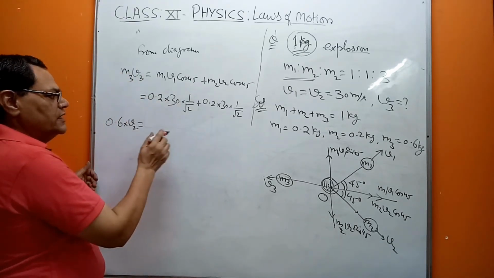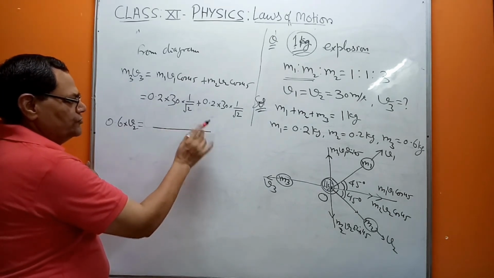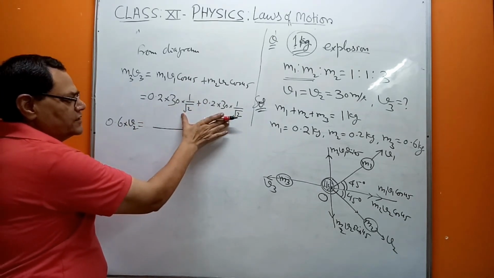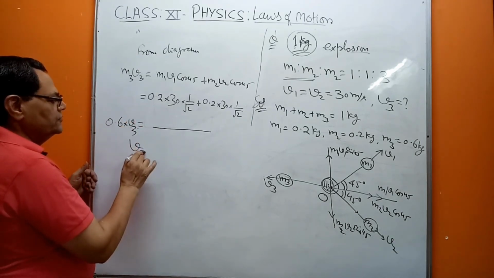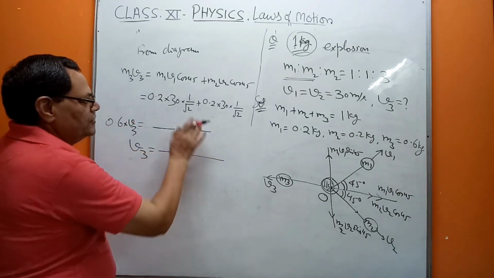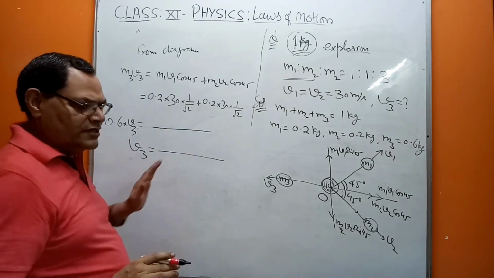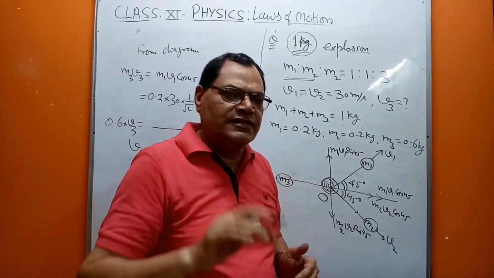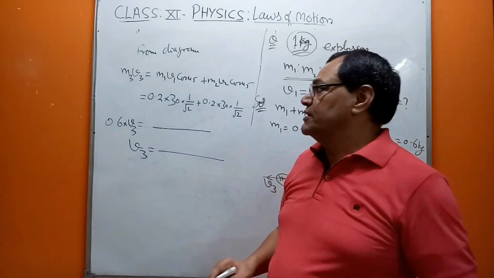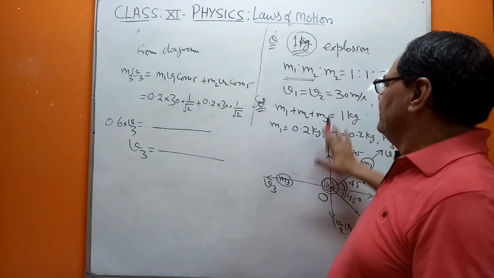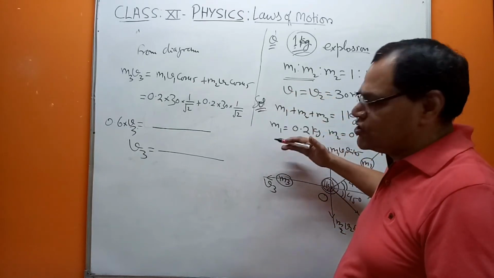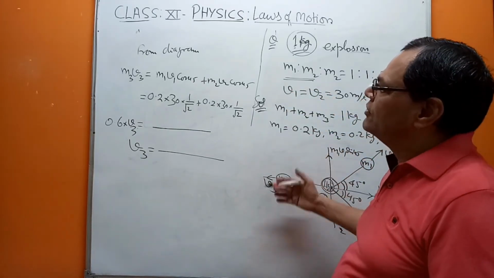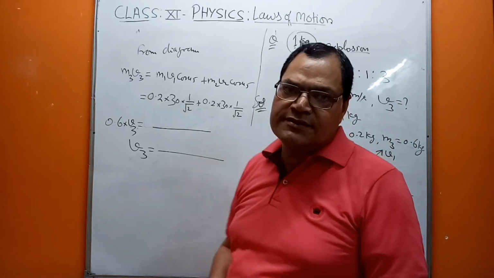So how much will you get? You can solve this. Everything is given to you, all these parameters, so you can easily find out the value of v3. It's no problem at all. Just simplify. Very simple mathematics is involved, some multiplication and division. But basically, I was supposed to explain the possible steps of solution of such questions.